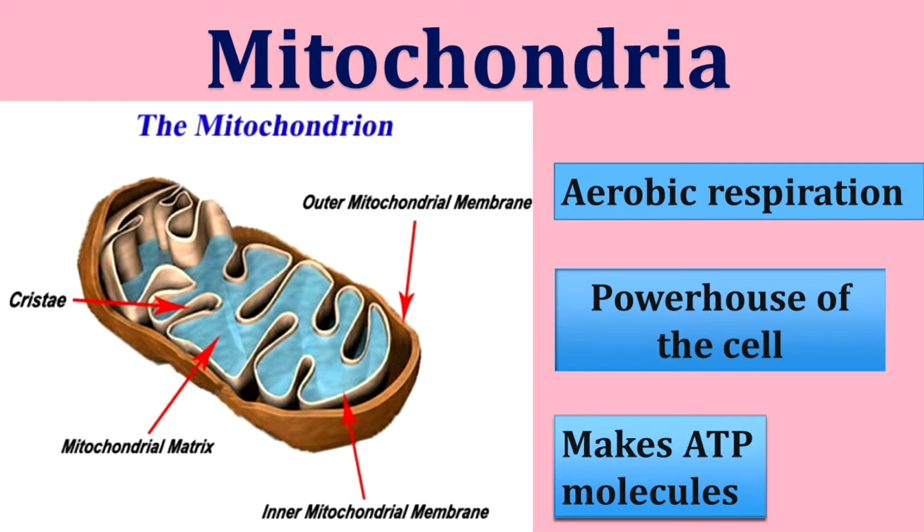Okay, let's see the structure of the mitochondria. See, this is the mitochondria. The mitochondrion is an oval or rod-shaped double membrane bounded cell organelle. The mitochondria is surrounded by a double membrane. The inner membrane is folded into finger-like projections. They are called cristae. Inside the mitochondria, the mitochondrial matrix is present. Here the several enzymes which are needed for cellular respiration are present.